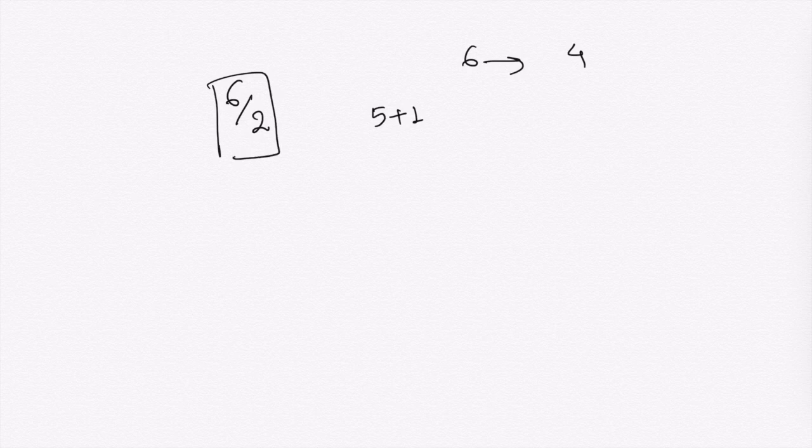Instead of solving this problem as a graph problem, I have actually reversed it. So now I imagine that I have to go from 6 to 4. The benefit of doing this is that there is a deterministic way to do this. I always know whether I am on the right path or the wrong path. With 6 in place, I can always divide it by 2 if the number is even, and if the number is odd, let's say 5, I can increase it by 1. The reason I divide by 2 when the number is even is because I want to make it as small as possible in as few steps as possible. Dividing by 2 is much faster than increasing it by 1.